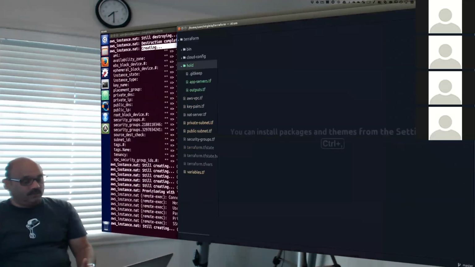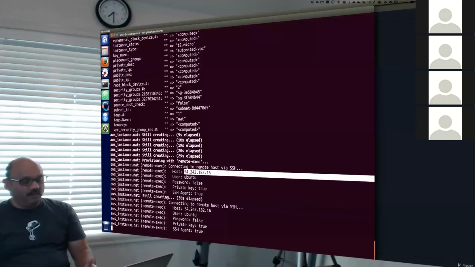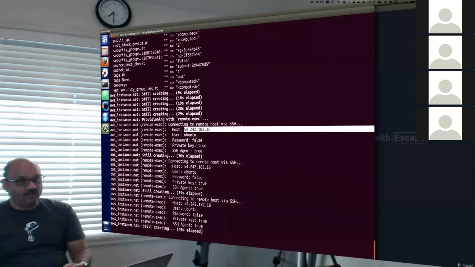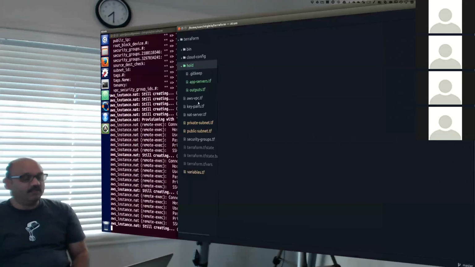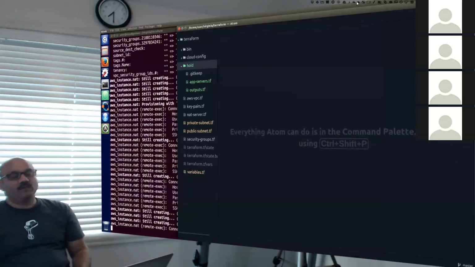And so you see that this NAT instance is getting created again, another one with a different IP address this time, and that will happen. And you will see that it also gets installed with Docker. It also becomes a NAT device. It is right now not a NAT device, and that will happen once you finish through this step. And then we will have a NAT box that also functions like a VPN server.